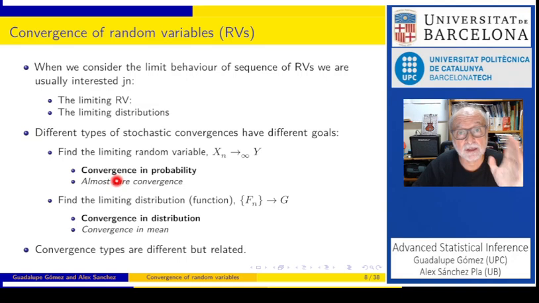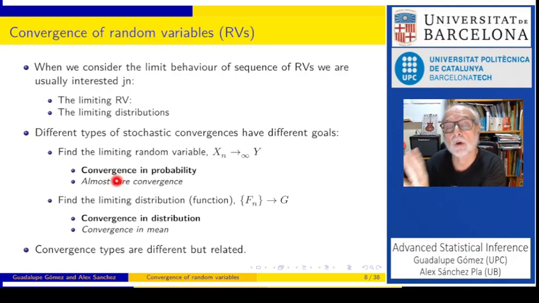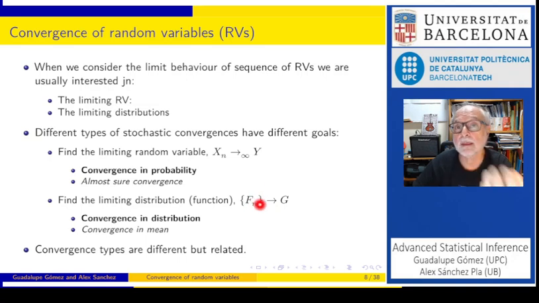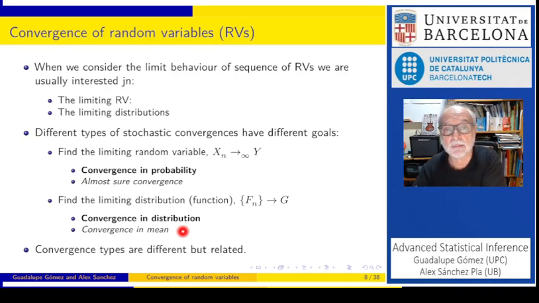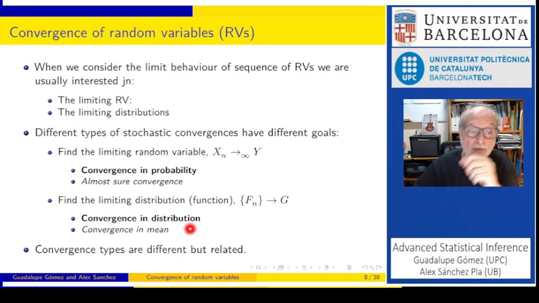When we have a sequence of distributions that tends to a limit distribution, in that case the random variables don't even need to belong to the same probability space. We can think of a sequence of discrete random variables that tend to a limiting continuous random variable. So the probability space is not the same. And we have, for instance, convergence in distribution. I have included here convergence in mean because at the end of the day, the mean is a way to summarize a distribution. Okay, so somehow we can put it here.